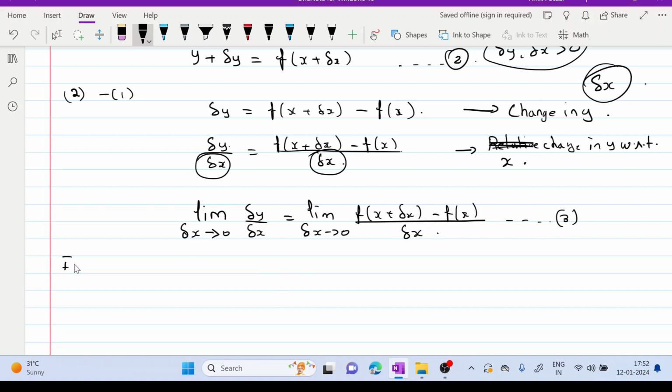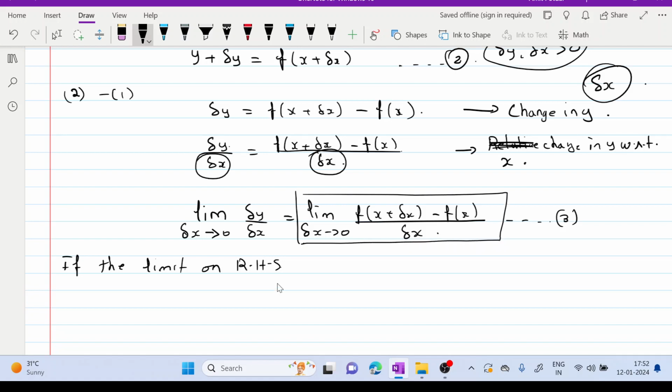Now if the limit on the right hand side, that is this limit, exists and is finite. Remember, you can have limits which are infinite, and there are limits like 1 upon x as x tends to 0, which does not exist. So if the limit on the RHS exists and is finite, then